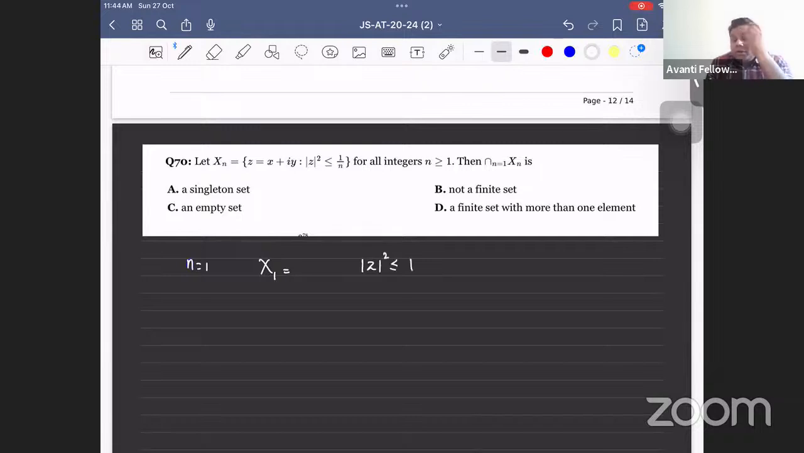That means, so that implies magnitude of z less than or equal to 1. Am I correct? So that is what? All the points lying inside the circle with center (0, 0), radius 1. Now, if n is 2, then this will be magnitude of z square less than or equal to 1 by 2. Implies magnitude of z is less than or equal to 1 by